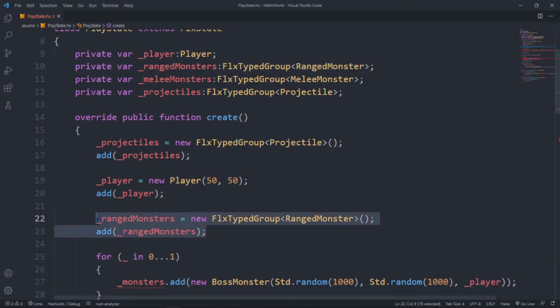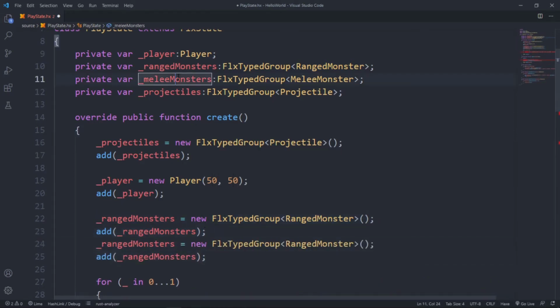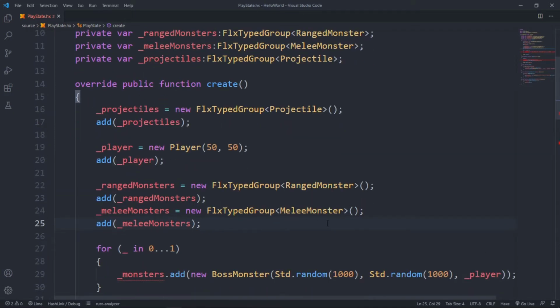Awesome. Now we can just copy this, paste this. I'm just quickly running through all of this because we already went through how to add a typed group to the scene and add monsters to the typed group, so there's no real reason for me to go through and